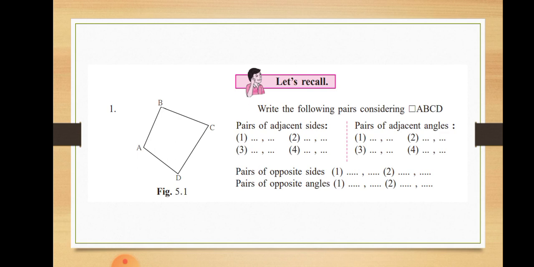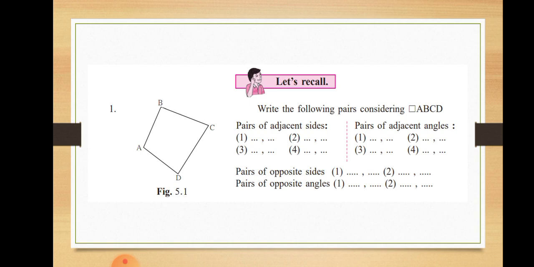Suppose we are taking a square. In a square, all sides are of equal length and all angles are 90 degrees. In a rectangle, opposite sides are congruent and all angles are 90 degrees. In a rhombus, all sides are congruent but the angles are not 90 degrees. In a parallelogram, opposite sides are congruent as well as parallel to each other, and the angles are not congruent.